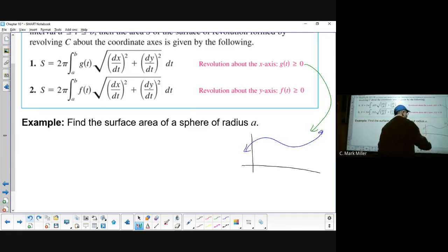I have a parameterization of this curve, right? And so this is x equal f of t, y equal g of t. Well, it's going to get revolved from, say, point A to point B. And so it's this section here that's getting revolved. Right? And so when that gets revolved,